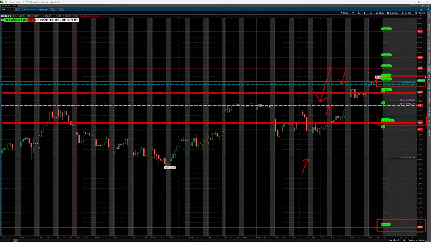All right, the next level up is 4,500, and that is the absolute gamma strike, the strike with the largest absolute gamma, and that did move up from yesterday, from 4,400 yesterday to 4,500 today. So that is bullish, and that is also the call wall, the strike with the largest net positive gamma. That can be expected to act as resistance, and for the S&P 500, it should be resistance.